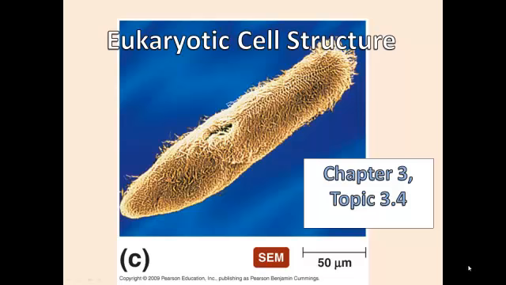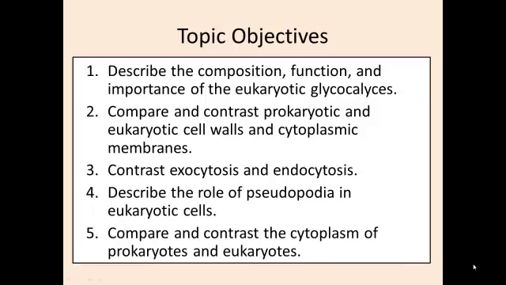Chapter 3, Topic 3.4, Eukaryotic Cell Structure. The topic objectives are: describe the composition, function, and importance of eukaryotic glycocalyxes, compare and contrast prokaryotic and eukaryotic cell walls and cytoplasmic membranes, contrast exocytosis and endocytosis, describe the role of pseudopodia in eukaryotic cells, compare and contrast the